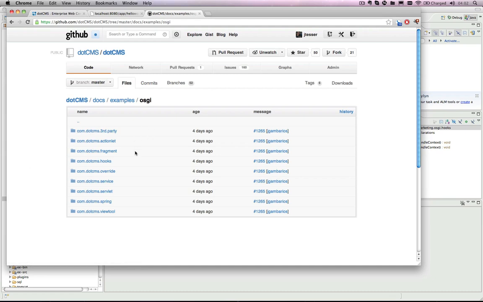I'll just give you a brief overview of what each of these do. The third party, this is, I have a library that I want to include. So this is just giving you an example of dropping a jar inside the OSGI package and then using it. The actionlet, that's our workflow. The fragment, this is an OSGI term. It means this is what you do when you want to